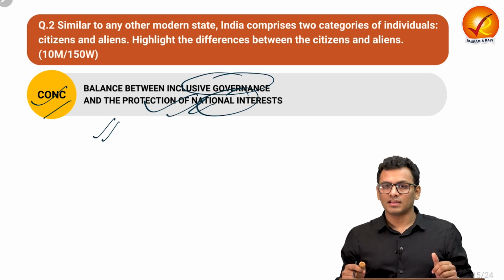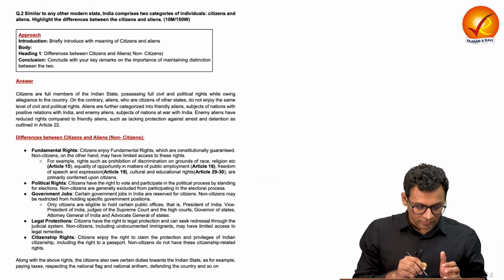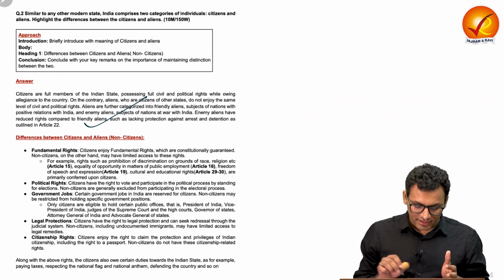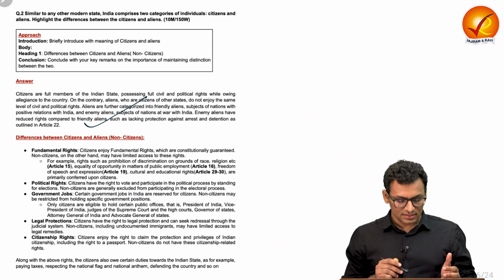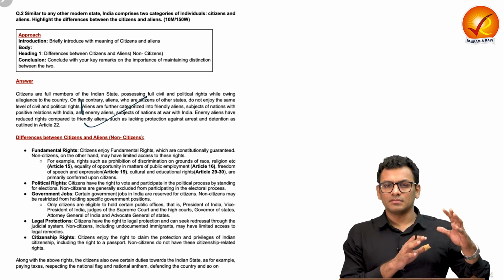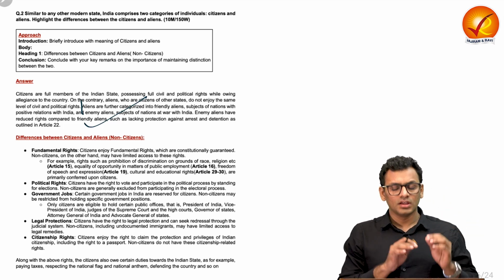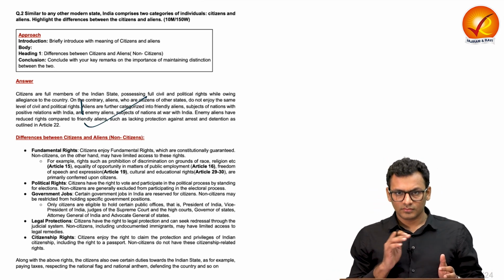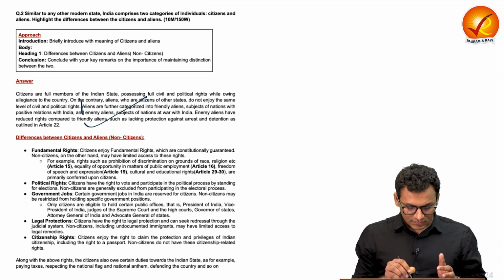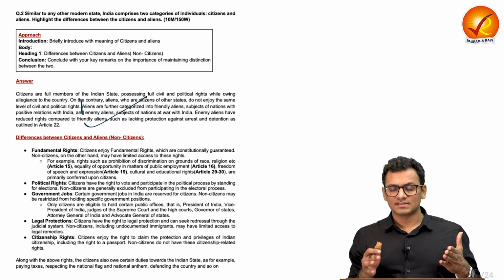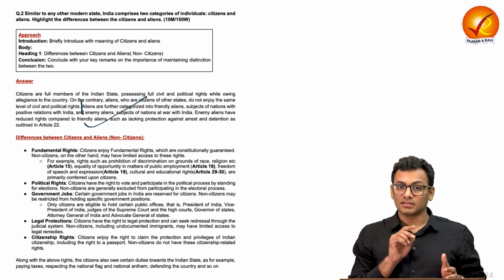Let us see the model answer and understand how we can inculcate the same in our answer writing practice. For the introduction, you can talk about what exactly citizens are and how exactly they differ from aliens. Over here, you can talk about the segregation, as we have done in the form of a flowchart. You can similarly write the same to make it explicit for understanding. Lastly, you can talk about how there are certain different kinds of aliens as well. So that is something you can inculcate in the introduction.